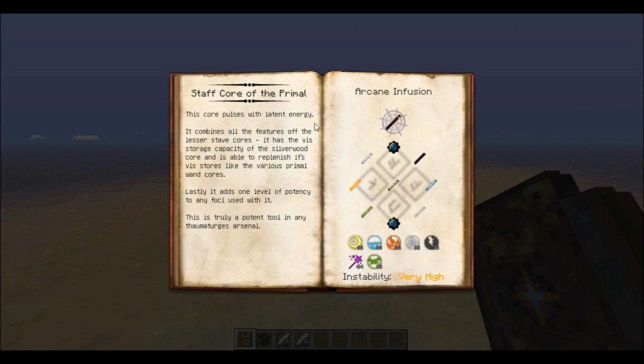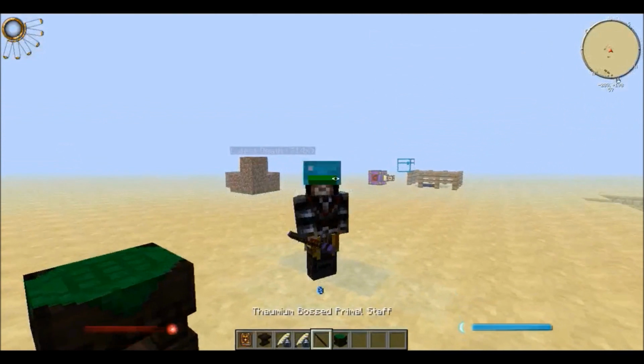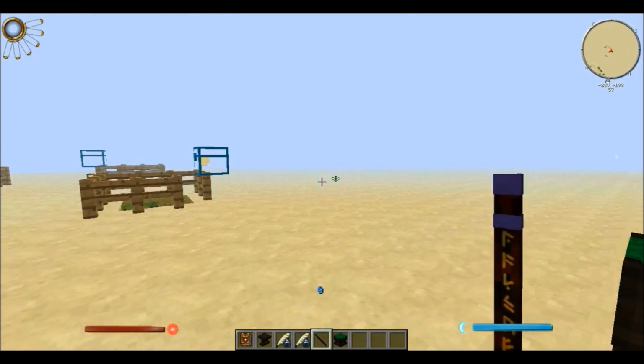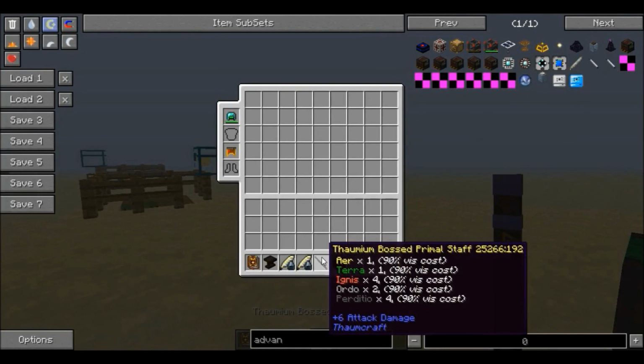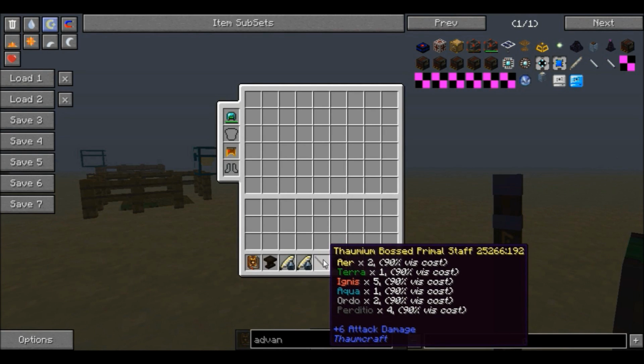So yeah, like I said, extremely handy and pretty much the best staff in the mod. Okay, so this is how I look with the staff in my hand, as you can see, pretty nice. And if I saw correctly, it said that it gives me a +6 attack damage. So that's always good. And you can see that it's actually refilling itself. I'm using the primal staff right now. So if I remember correctly, this should fill itself up until 25,